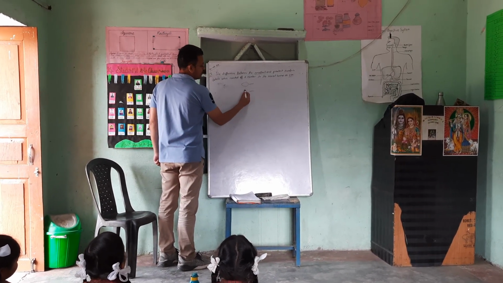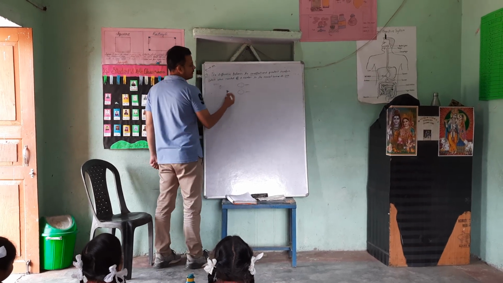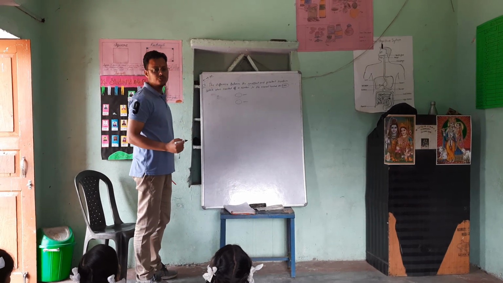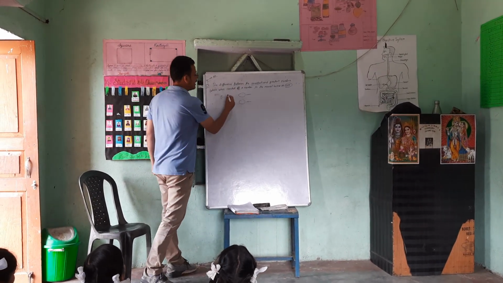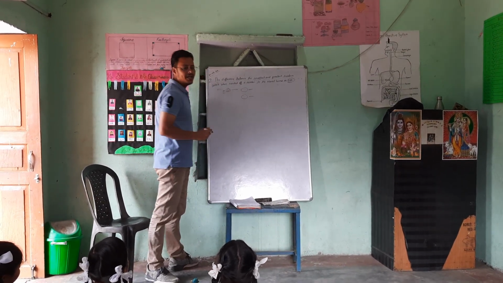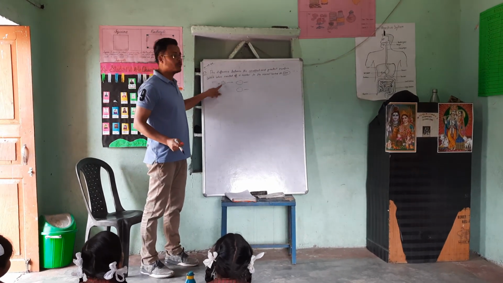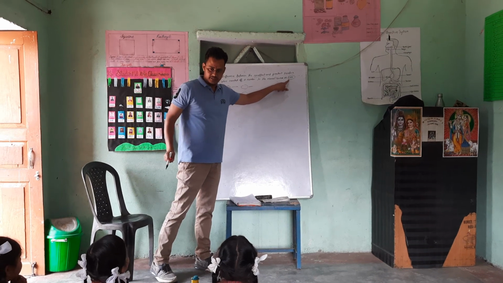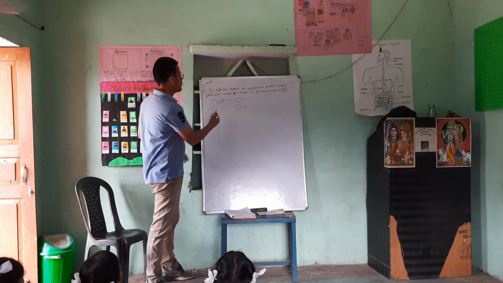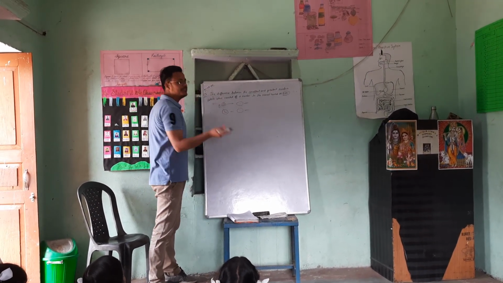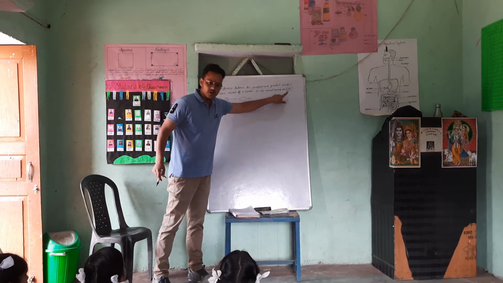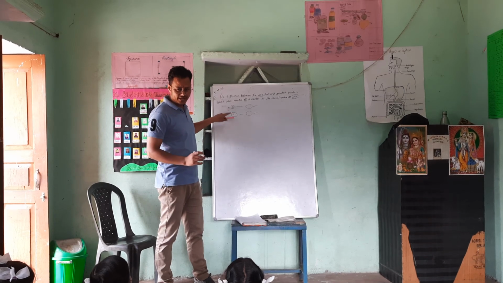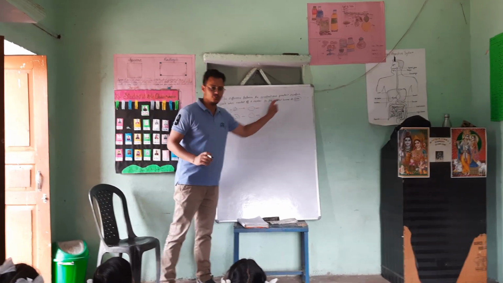The first one will be the number whose nearest hundred is 200. Means the greatest number. So first you will write the greatest number whose nearest hundred is 200. And then you have to write the smallest number whose nearest hundred is again 200. So these two numbers we have to select, greatest and smallest, whose nearest hundred is 200.